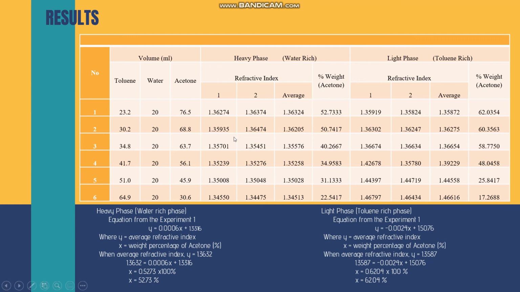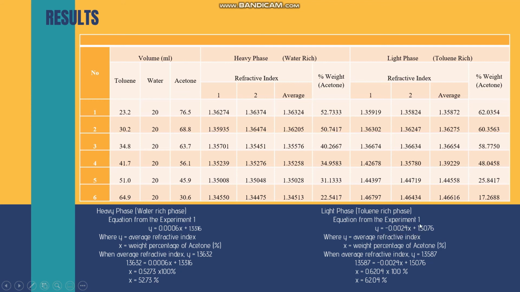So in the table we have the 52.73%. So if you cannot follow, then we can make another example, which is for the light phase, toluene-rich phase. The average refractive index is 1.3587. So using the equation from experiment 1, the toluene-rich phase equation,